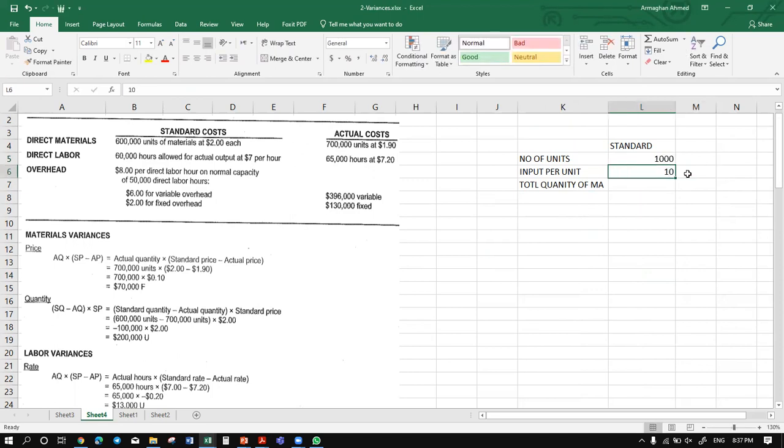So total material will be how much we discussed, 10,000. Fine. But what happened actually, number of units or number of chairs you are making, let's say you are making 800 chairs. And on 800 chairs, actually you used, let's say 9.5 square foot per chair. So what will it become now,